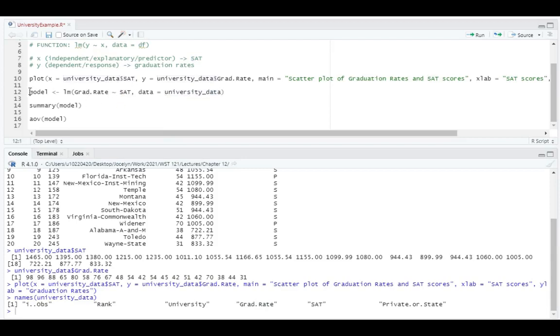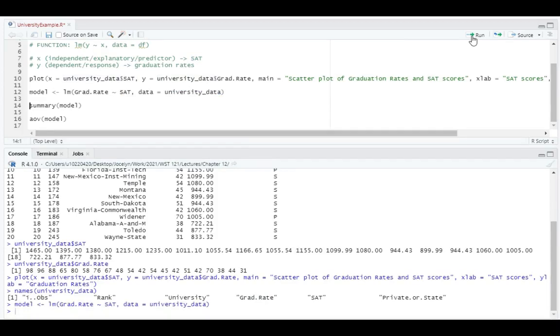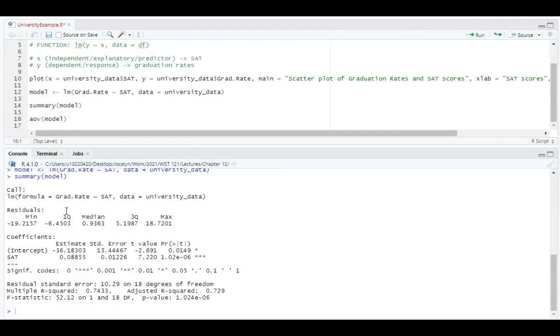So once we've put in the columns we're interested in, we're going to run that line. It's not necessary to print that. In order to see the detailed output, you'll now run summary and then put the model in there. So this model is copied in there. So if I run that line, then it gives me this output here. So it gives me what I typed, and then it gives me these different statistics for the residuals, the minimum, my median, quartiles, and then this is the important output, which I'm going to look at in detail with you